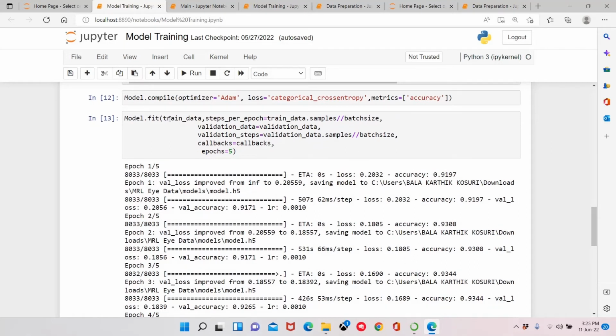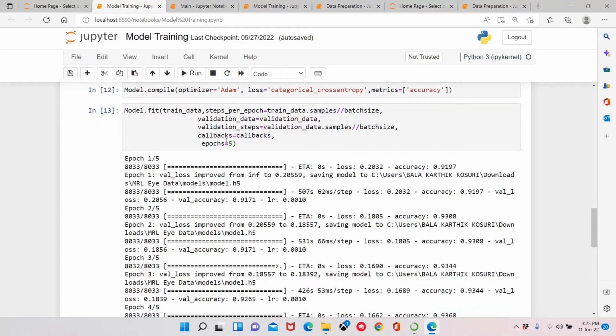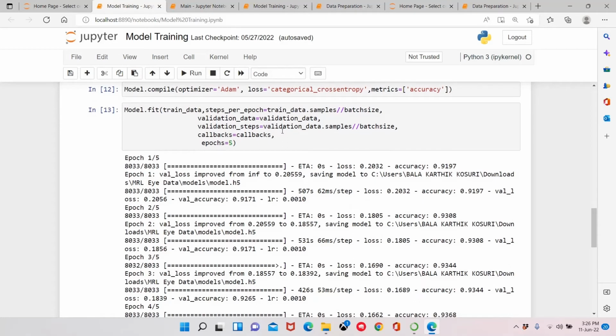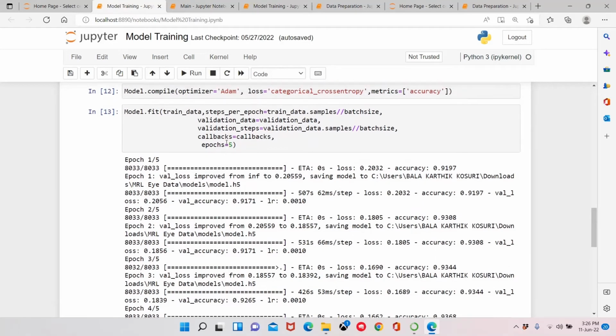Next we are fitting the model data and training it, using training data and validation data. We are using epochs, which are like iterations.